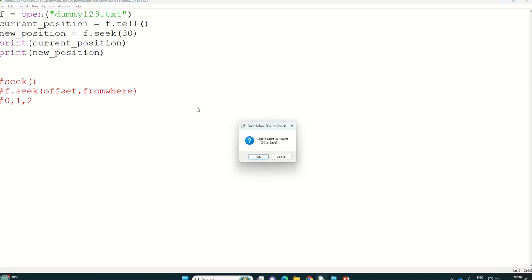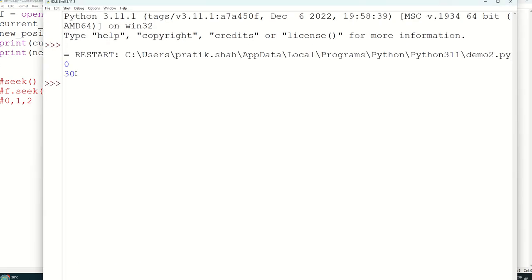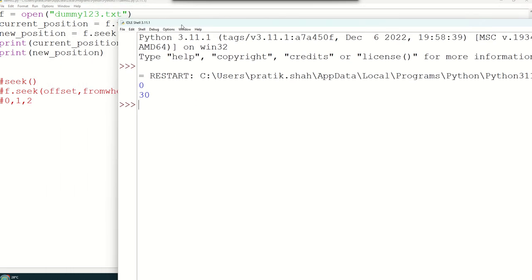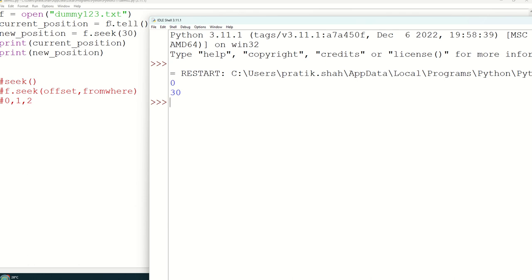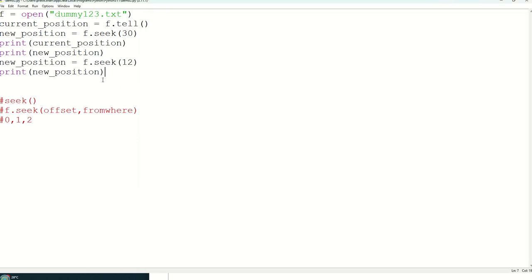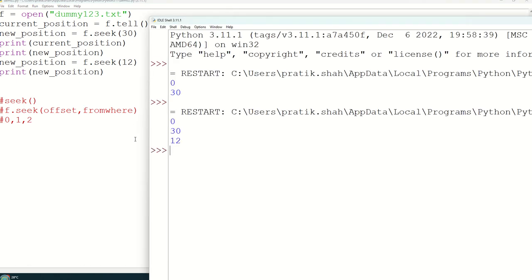F5. Okay, see, just 1 minute. This f.tell function will give you the starting position or current position actually, and the new position. Now your cursor is at which position? Number 30. Suppose I again write this code, control S and F5. See, now your cursor position is what? 12. So with the seek function, you can easily move your cursor position, and the tell function will give you the current position,